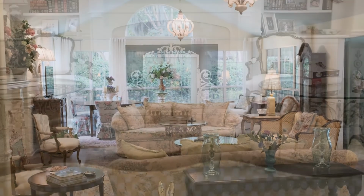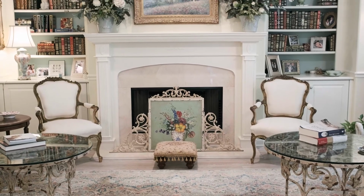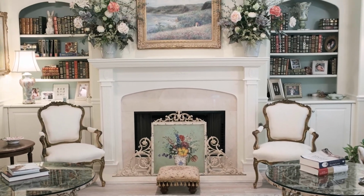The open living area features a large room with a vaulted ceiling, fireplace flanked with bookcases on each side,